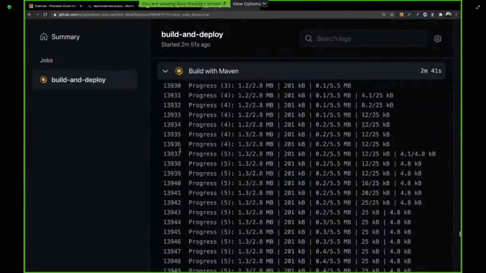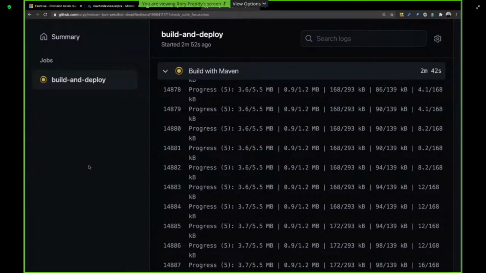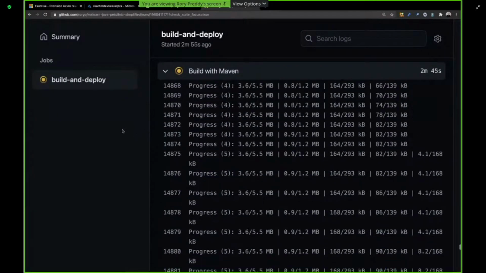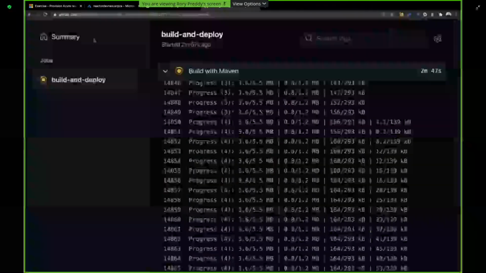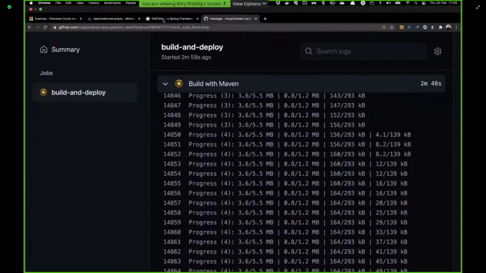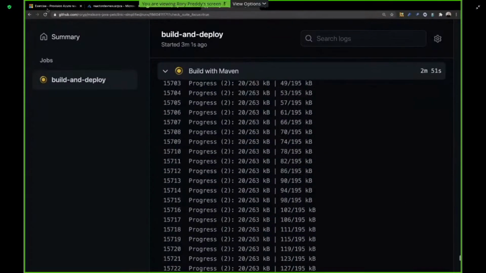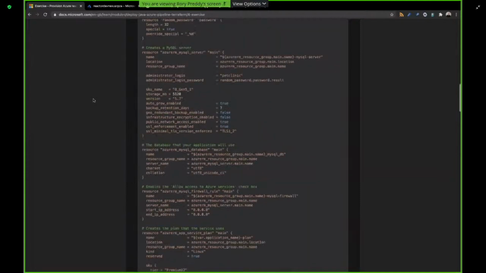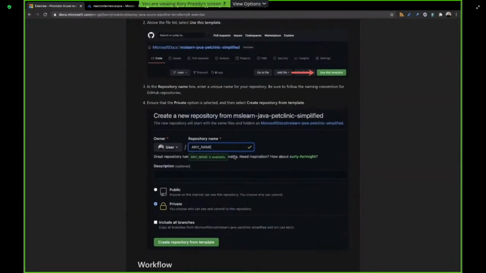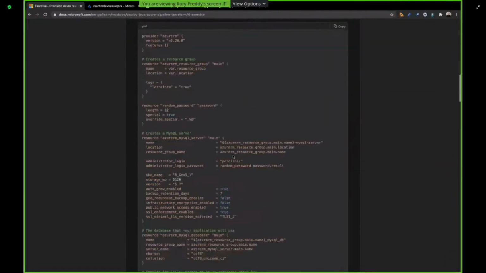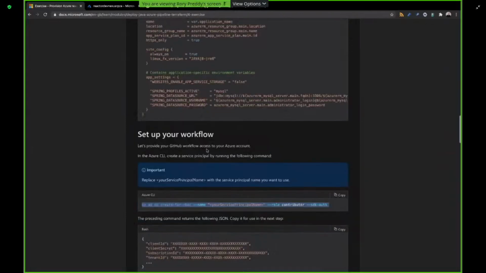There we go. It's still building with Maven. 2 minutes and 34 seconds here. So while we are doing that, let's also look at the actual exercise here. It defines all of that. It defines your repository. It gives you an overview of the actual script we're going to use, set up your